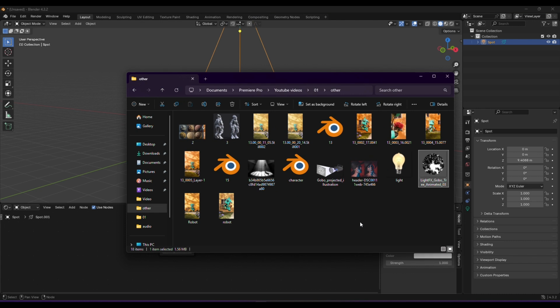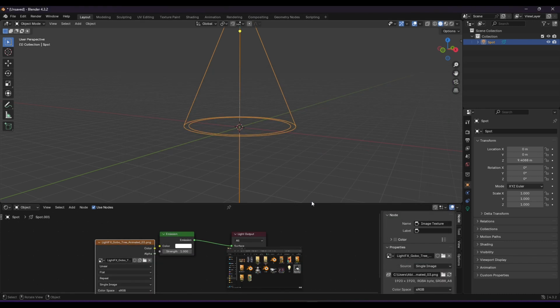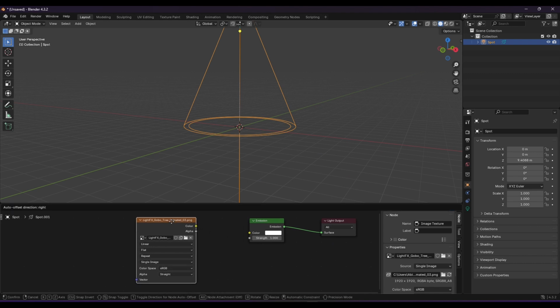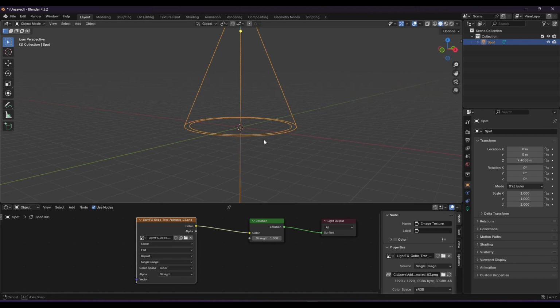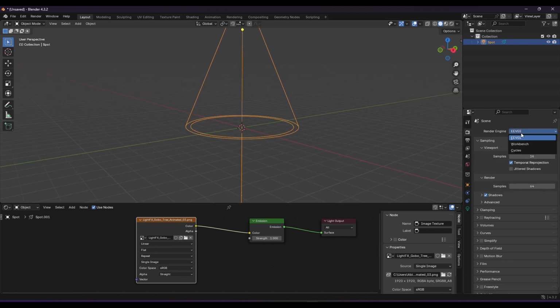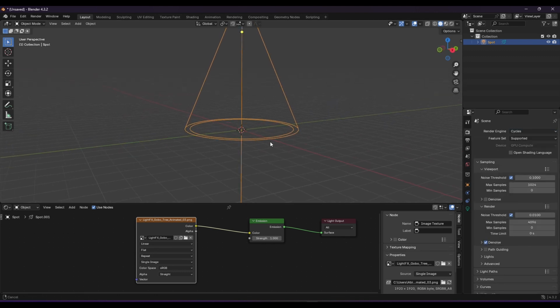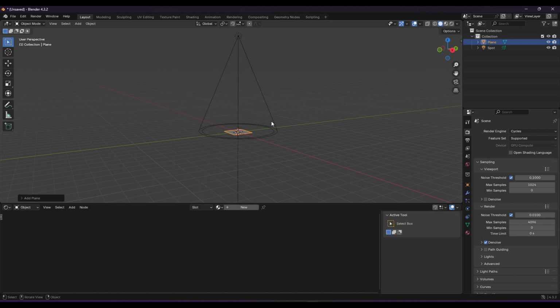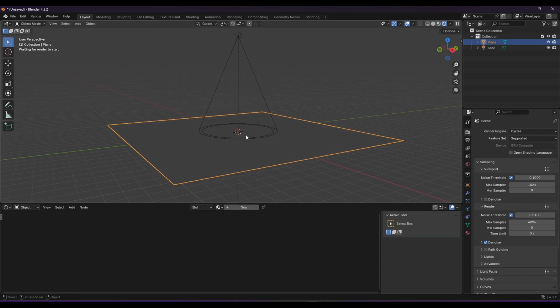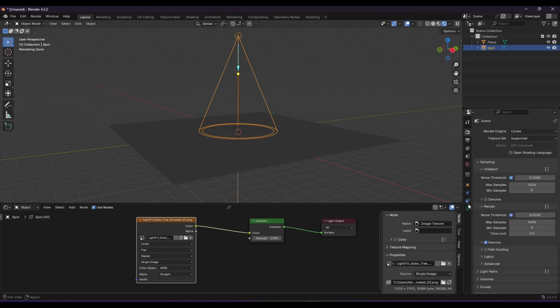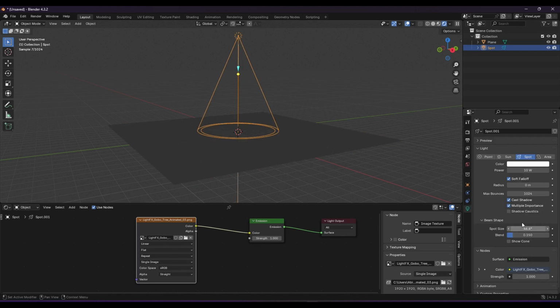Now drag and drop your texture into the shader editor and connect the image to the color input. Next, switch the render engine to Cycles and adjust the size of the light. Once you've set up the image, you can actually use a video file instead of an image to create animated